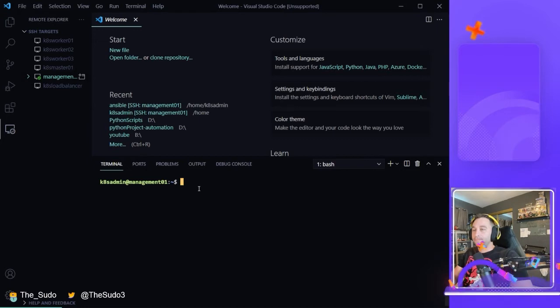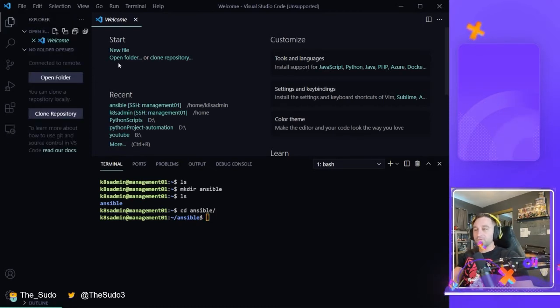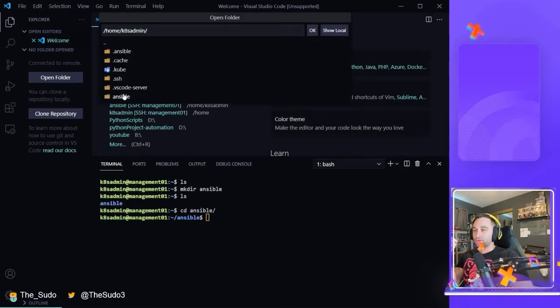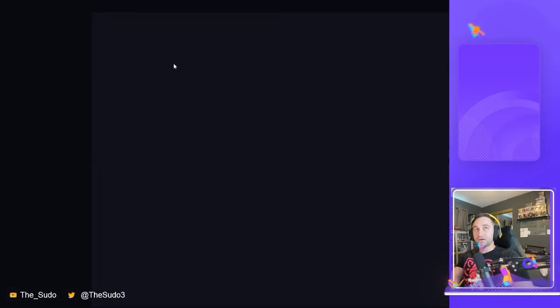So the different components, right? Actually, I think what I want to do to start is make a directory called ansible here on the control node where my playbooks are going to be stored. So I've got a directory called ansible, cd into that. And I'm going to open those files remotely. You can edit these with Vim, Nano, however you want to edit them, but I'm actually going to go ahead and open this in Visual Studio Code because it's a lot easier to read, manage, and edit